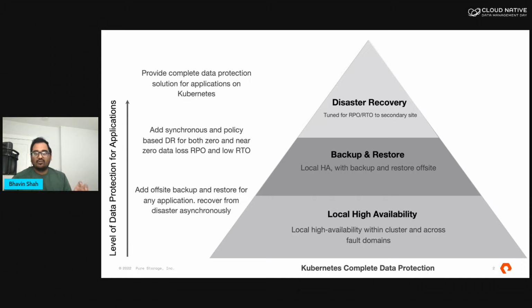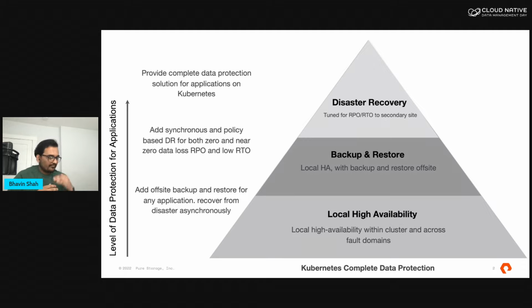So even if a single node goes down, even if an entire availability zone goes down, Kubernetes will respawn the pod on a different node in your cluster. And because of the storage layer, you will get access to the persistent volume. So there is no data loss. Your application might be offline if you don't have multiple pods for the same application running on your cluster. But as soon as the pod is up and running, your application can continue writing data and serving customer traffic.